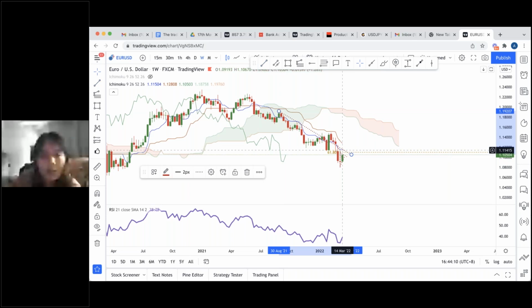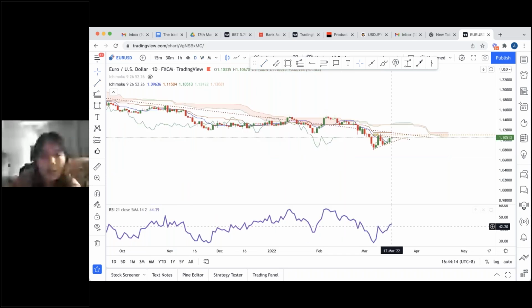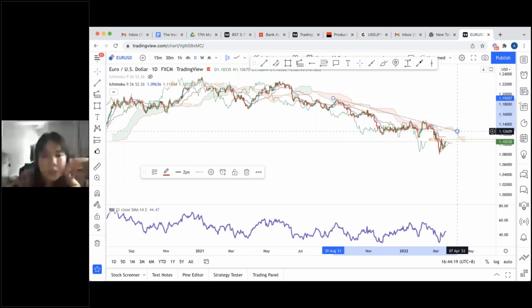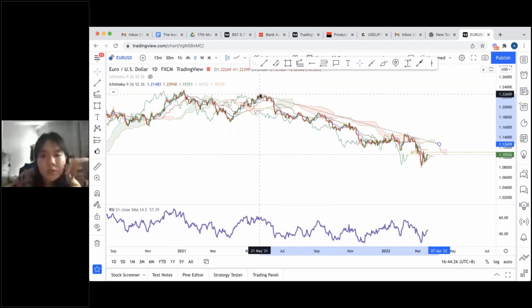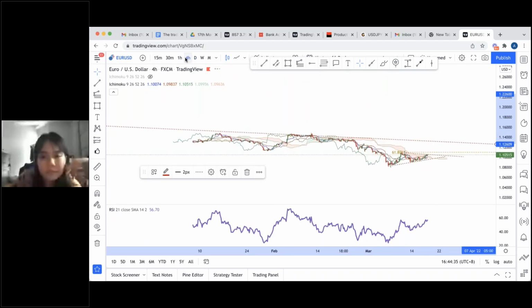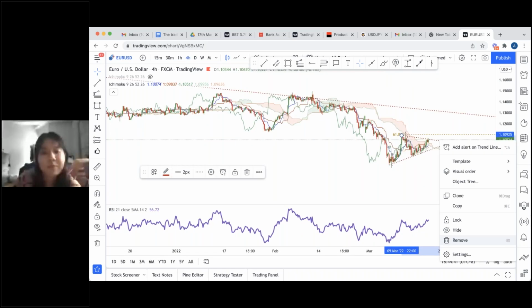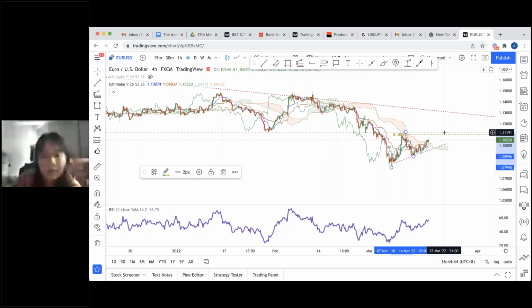So it has been a very long bearish trend line here. 3 touches, right? So it's a strong weekly trend line, which is why I think there's potential for a retest and potential for upside. So I will actually remove this. So right now, if we're looking at the higher time frame, I think there's potential for a long for the upside